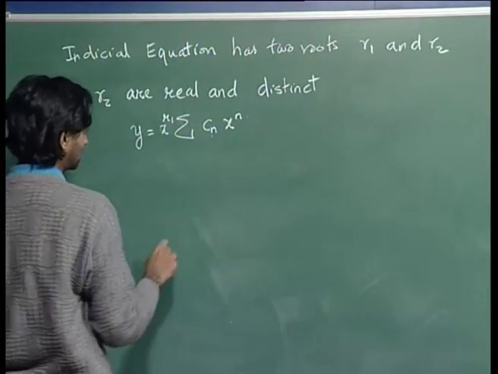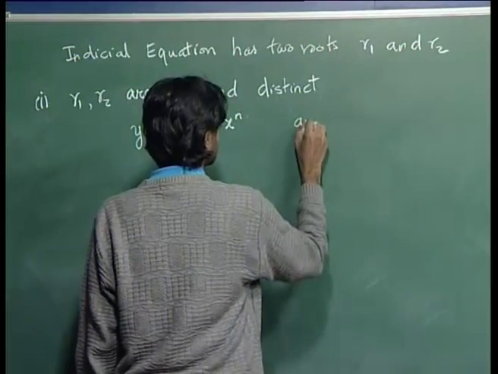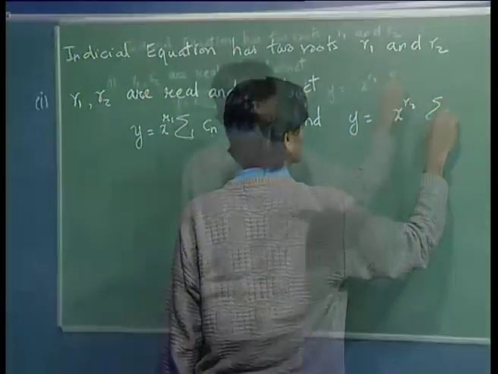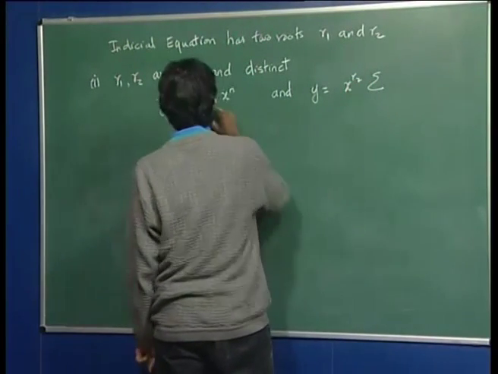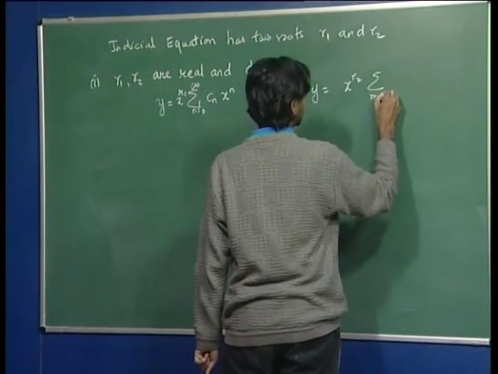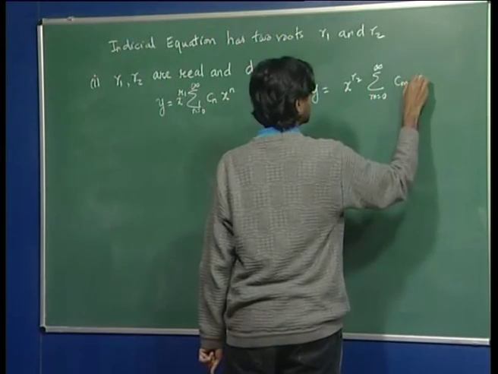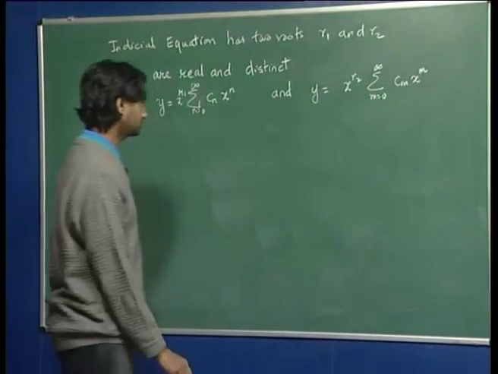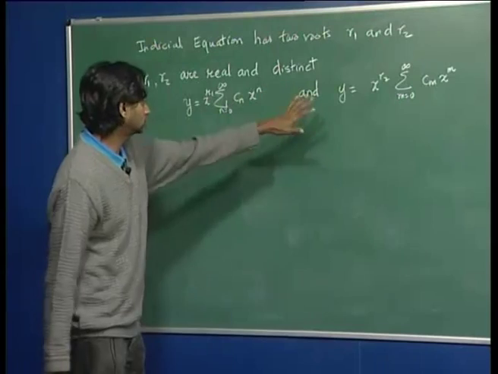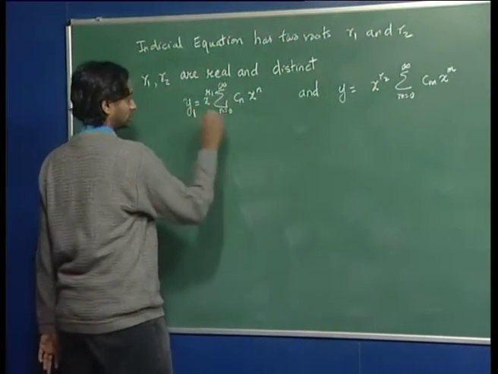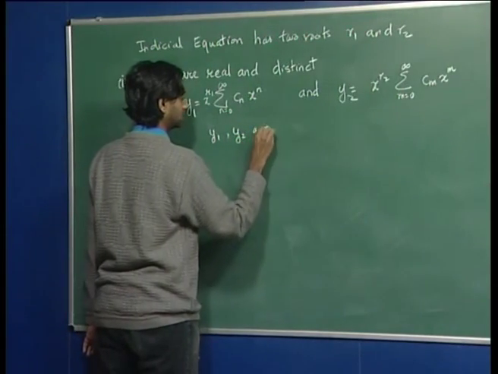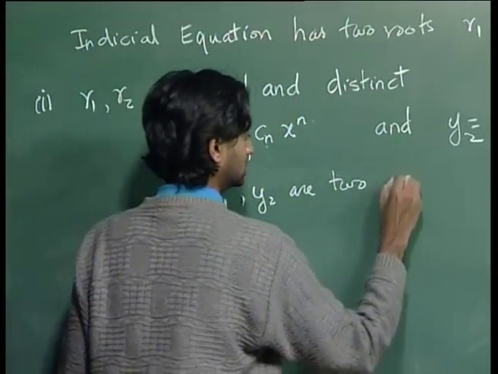So, I just took x raised to r 1 outside, and y is equal to x raised to r 2 sum over, I will just say m equal to 0 to infinity C m x raised to m. Okay, I can call this n also. So, basically these are the two linearly independent solutions. So, I call this y 1, y 2. So, y 1, y 2 are two